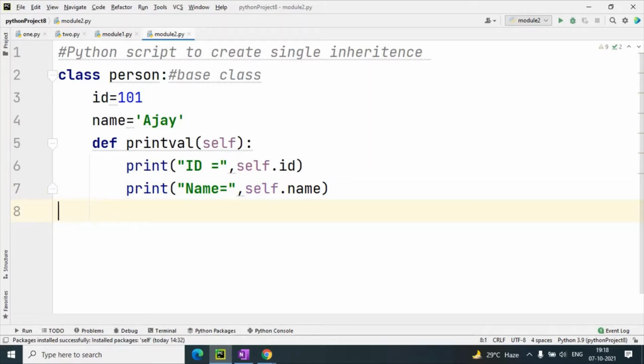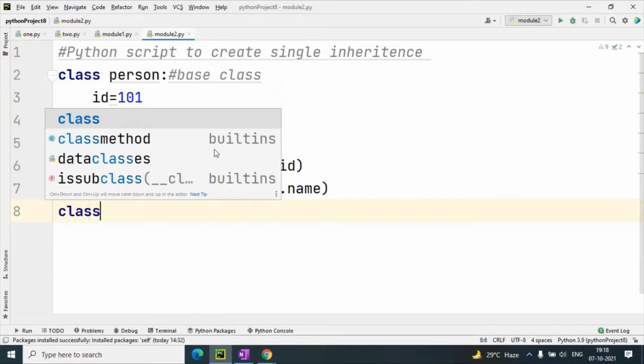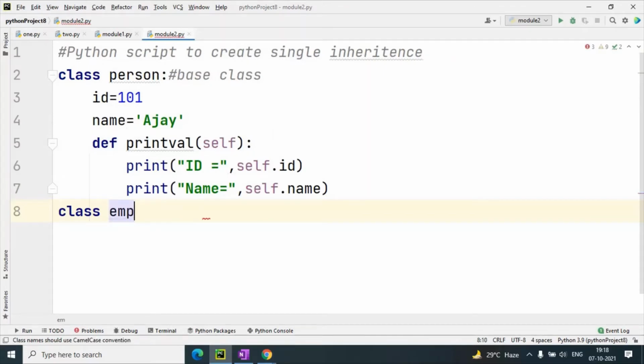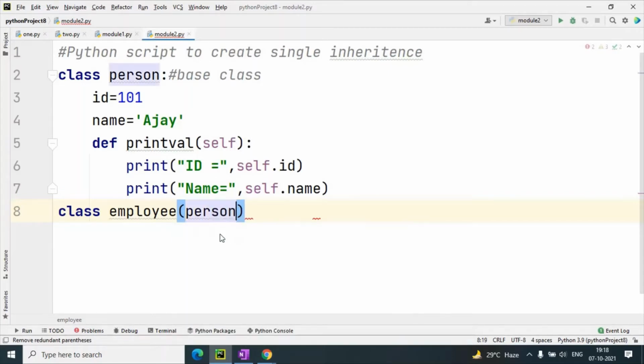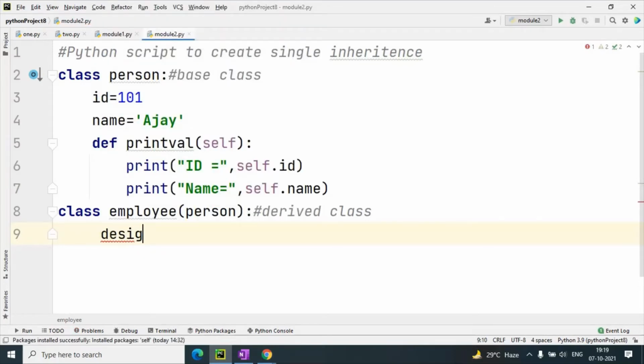Now I am going to create the derived class, that is the class keyword then Employee, and inside that I have given the base class, that is Person, that I have already created, and I will use the properties of this base class. Now the derived class. In this derived class I have taken the variable designation.